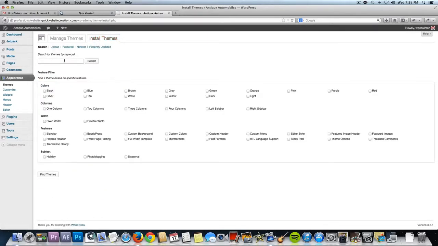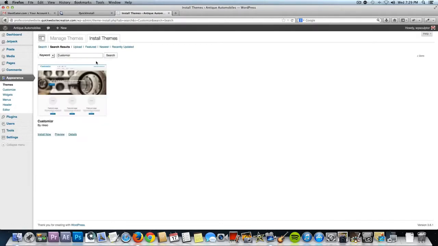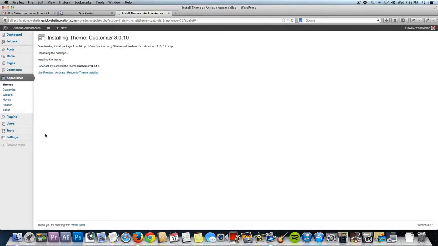and I'm going to search for the customizer theme. So just type it out there, and it's actually spelled with a Z and an R. And then we're going to search, and click on Install Now. And now that it's installed, we need to activate it so that it overrides the 2013 theme that we saw. So if we click on Activate,